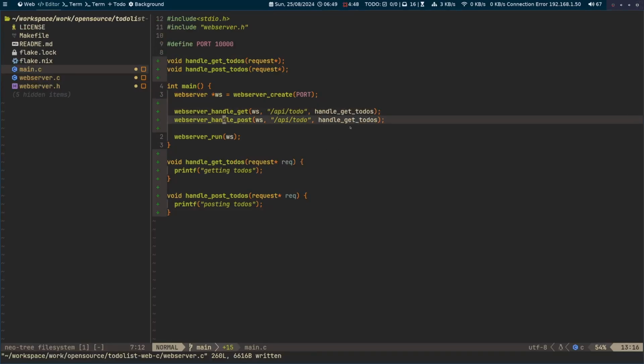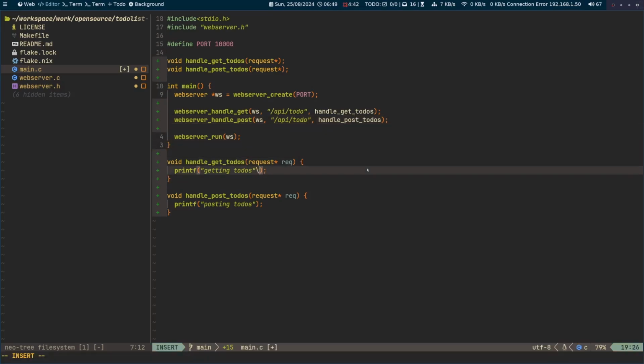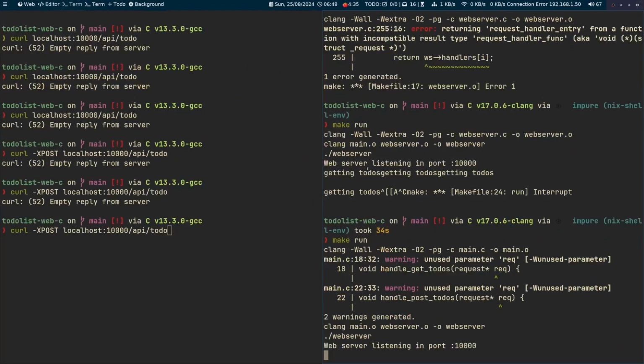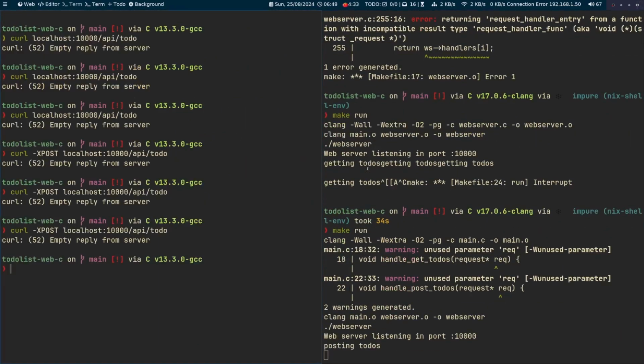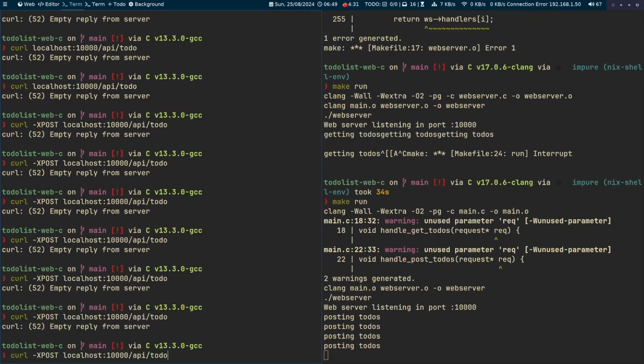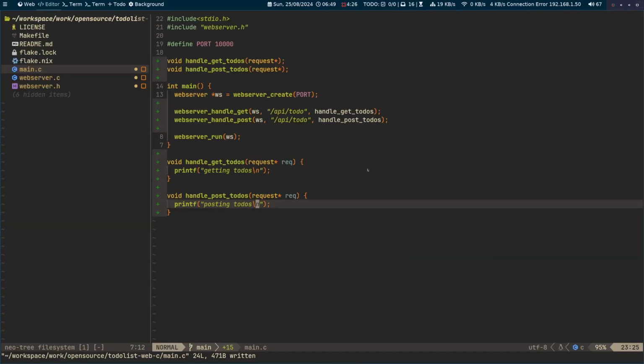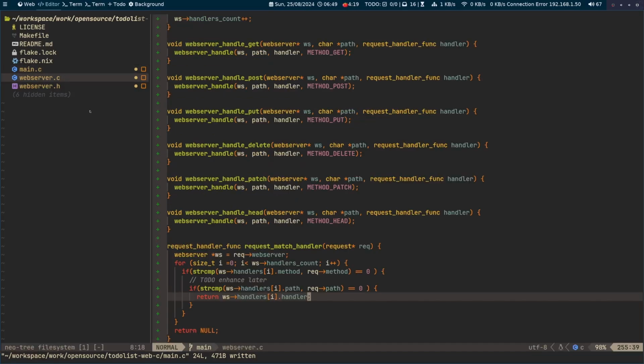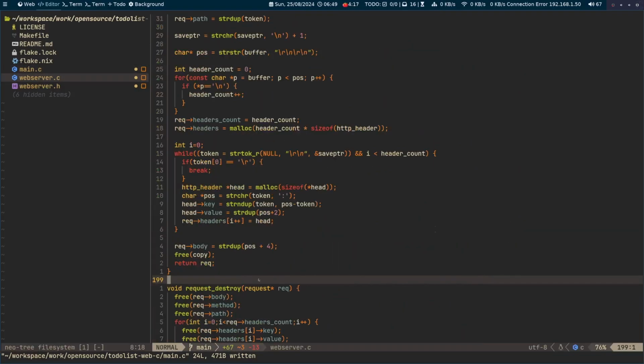Handle get, handle post. Okay. While we are here, let's do a /n. Okay, posting to do's, getting to do's. Perfect. So our handler methods are working, handling is also working,